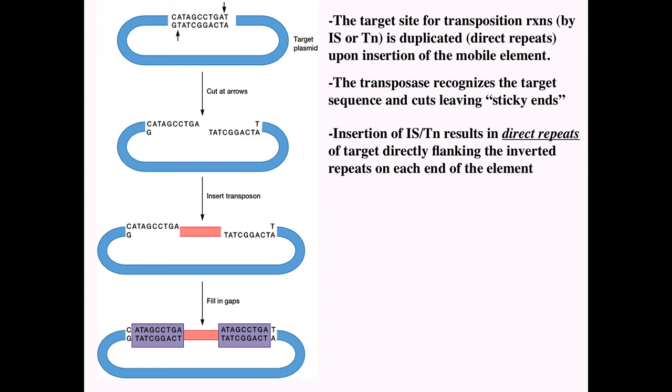So what's left behind are staggered ends, or sometimes referred to as sticky ends. So this is being cut by the transposase, but at the same time, the transposase is taking out the transposon, the genetic element, from somewhere else, or perhaps a copy of it,